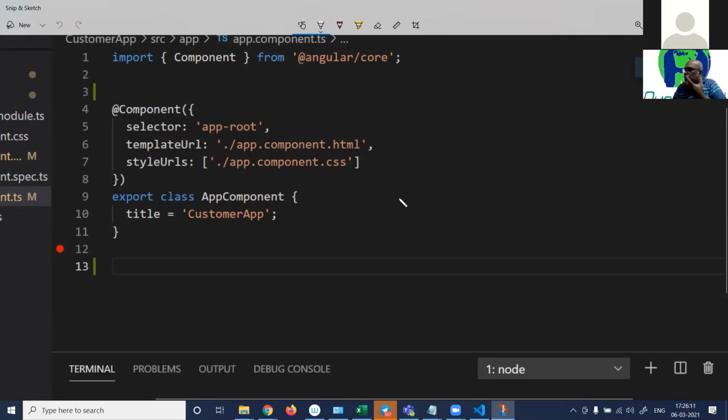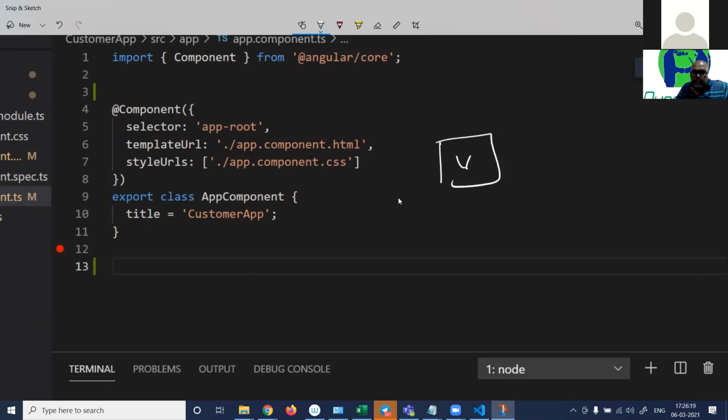This word component, I want to give you a different perspective, right? There is a view here, and this view has a component, a code behind. So whenever I type something in this view, it will go to this component, right? It will go to this whole model, right?